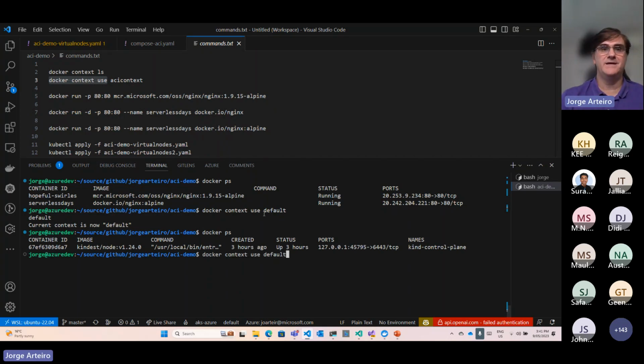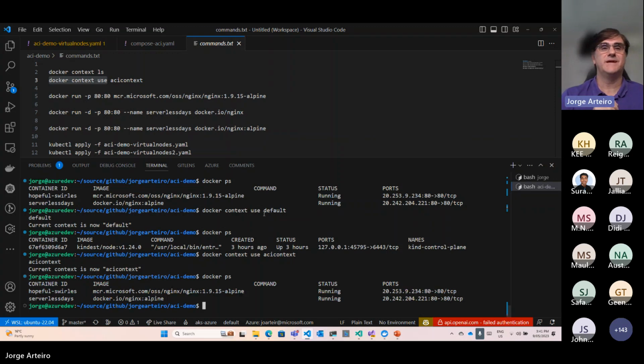And if I go again and say ACI context and do docker ps, I'm now pointing to the Azure containers. It's kind of a separation of what's a local environment and what's Azure or other clouds, using Docker context.